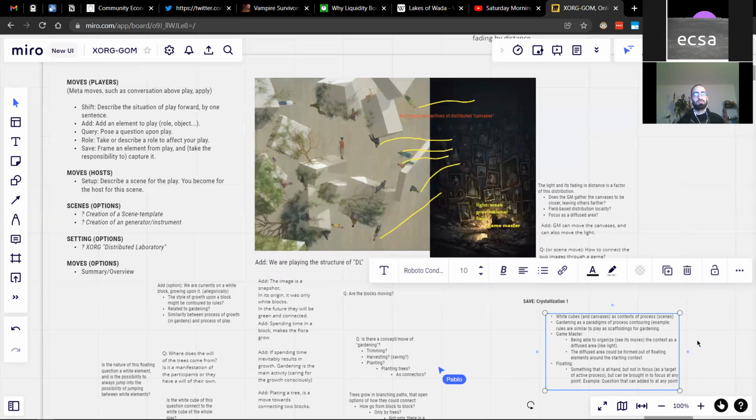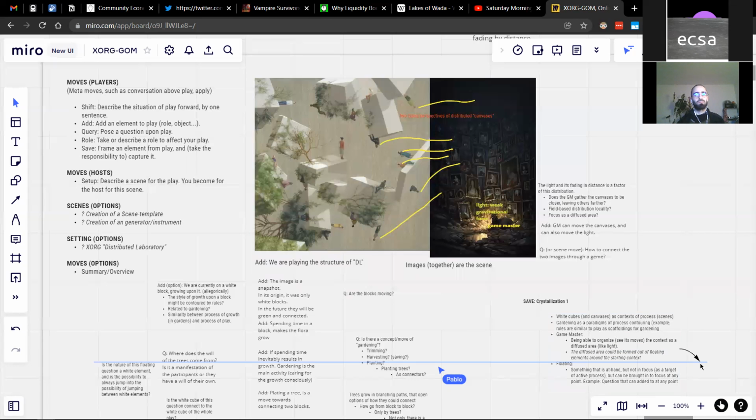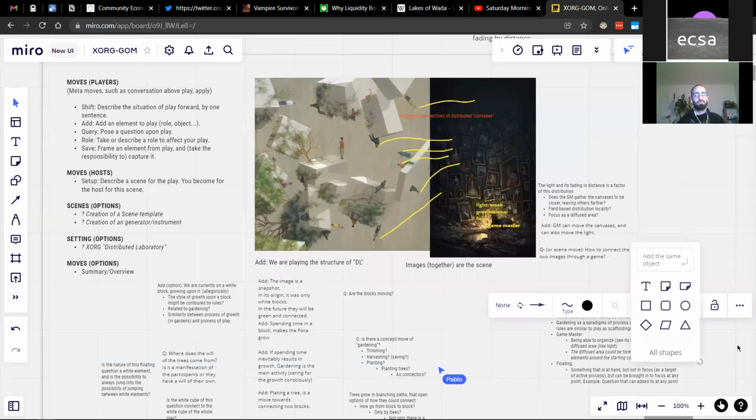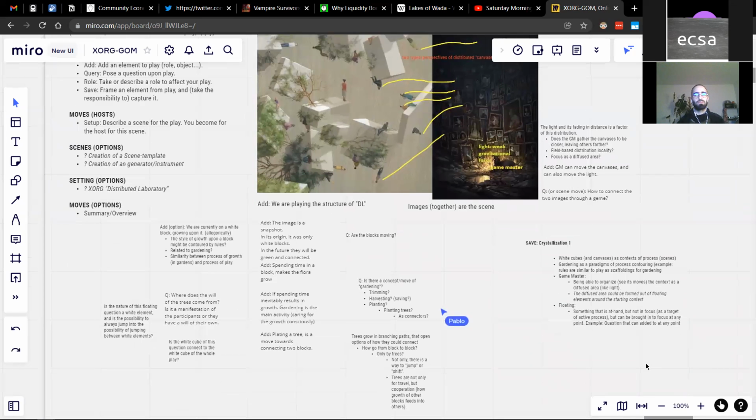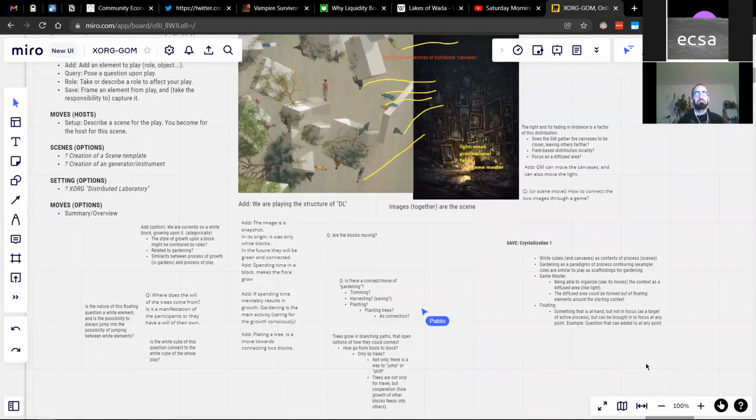Text. Maybe I'll put that in italics. Oops. So it kind of seems like an option to play around with this formation. Oops, that was a mistake. All right. So that's something like there was more, but that's a start. And then let's put this here. Seems good. Yeah, that's a save.